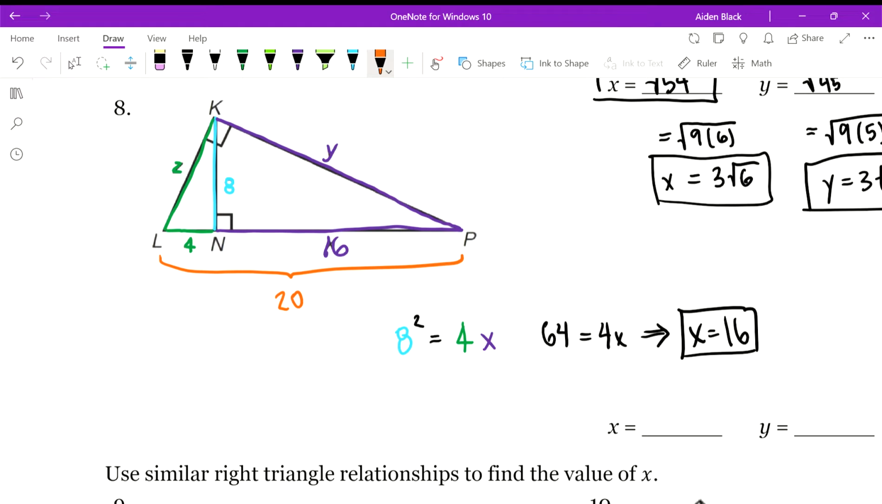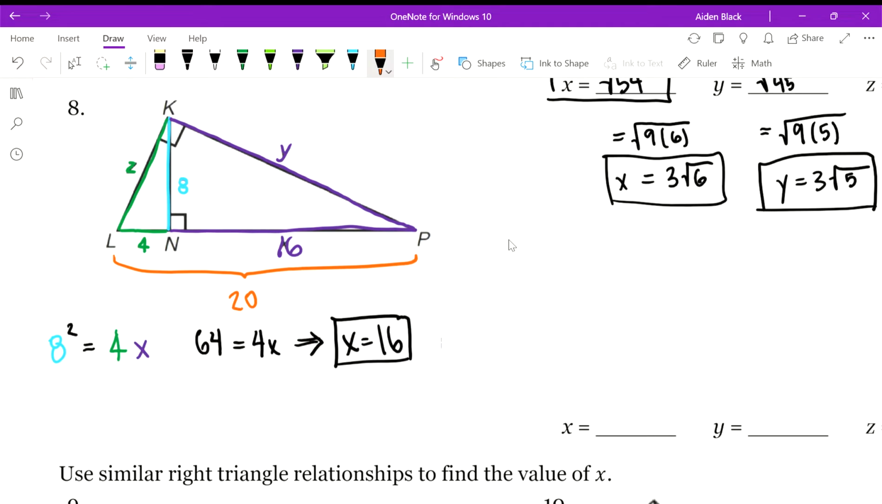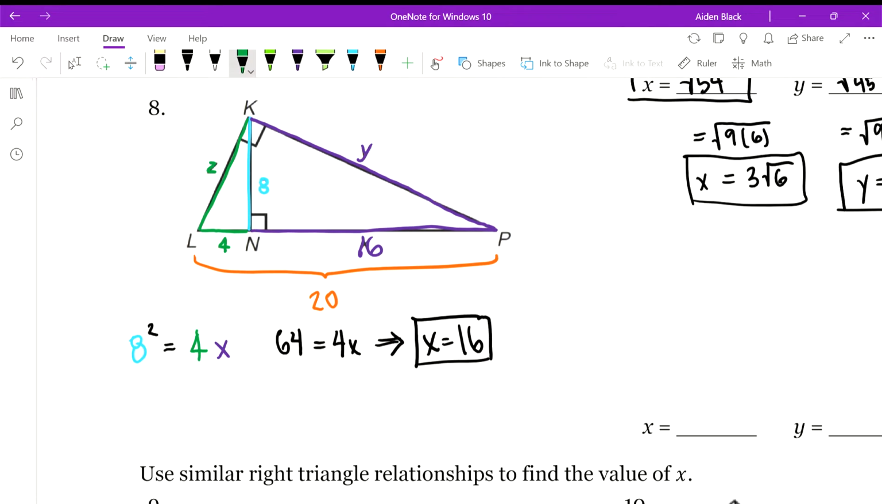It's 4 plus 16, 20. This is going to help us solve the other problems. For example, maybe we should start with z. Z, which is a leg, squared is equal to the whole hypotenuse